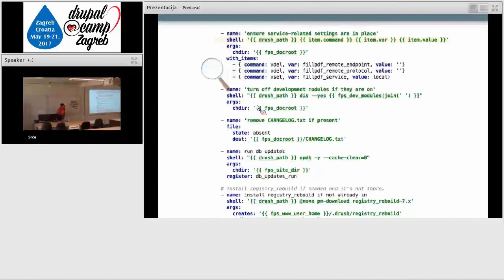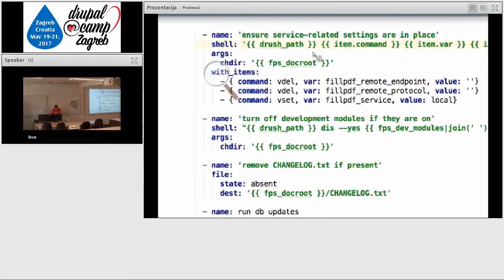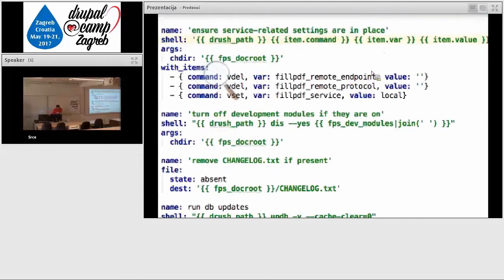Can you still read that? Zoom in more? I'll zoom in more anyway, because this one isn't as wide. Okay. And then there's